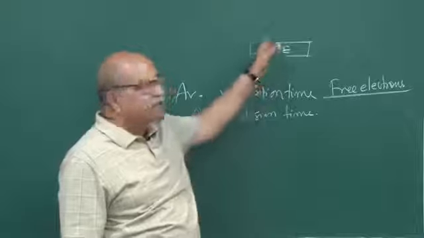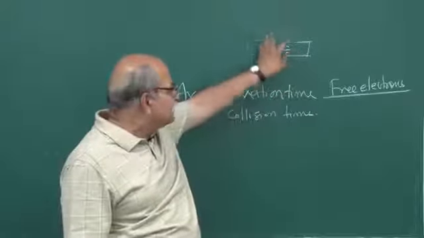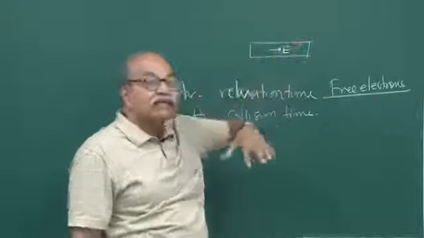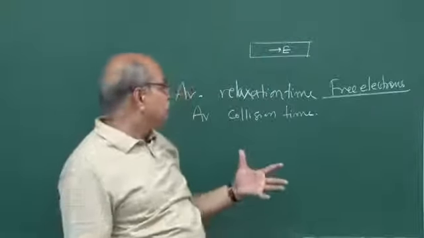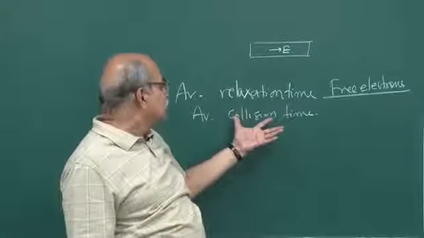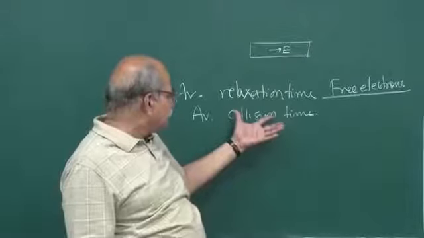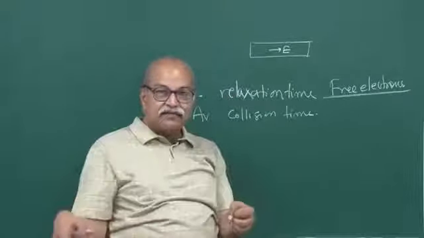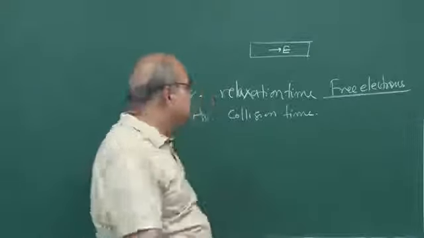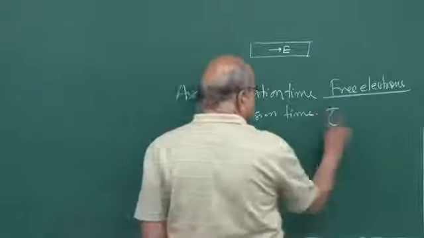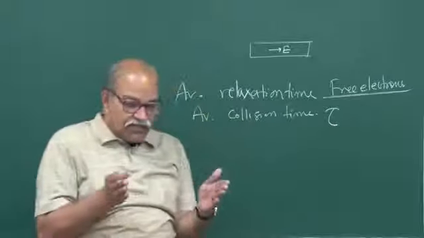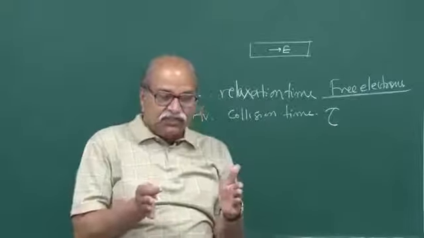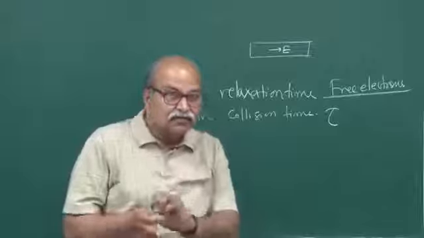Then you can have impurities and varieties of centers from where it can scatter. So if the average collision time, or what is the same as average relaxation time, after which it gets scattered losing its previous memory, is tau, then on the average for this time tau, this electron is responding to